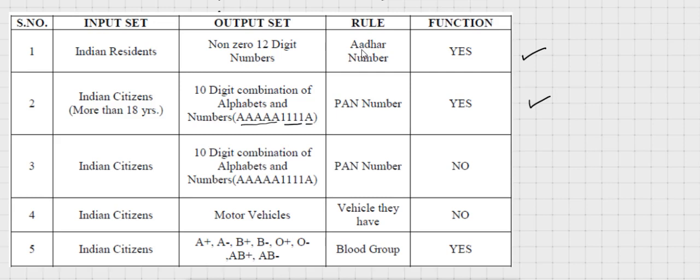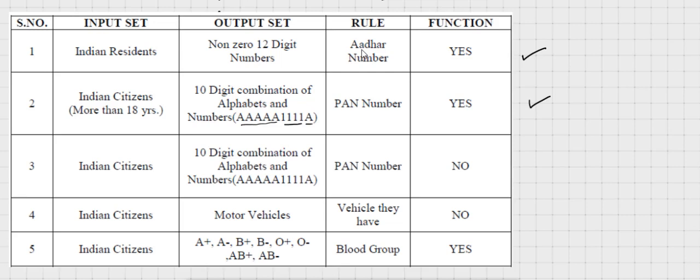Again, I am just reminding you, what is the condition for a rule to be a function? You can define any rule, that doesn't matter. Mathematically, when we say it is a function, that is what matters. All the members of the input set should have an output. Should have an output means by that rule they should have output.